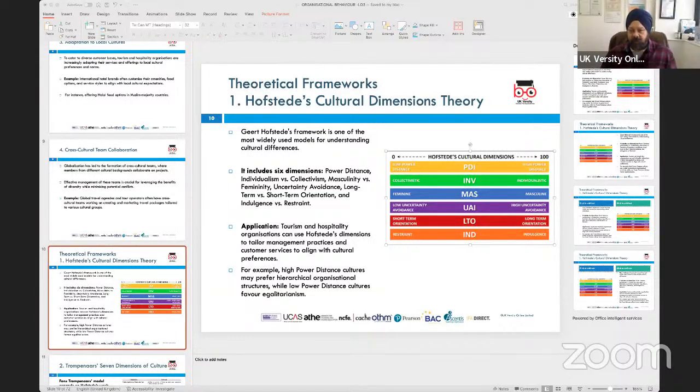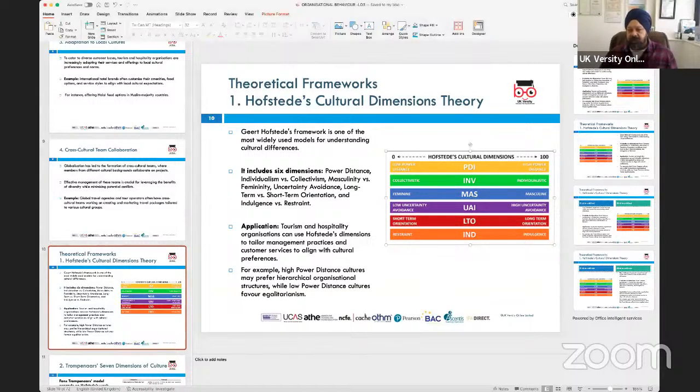six dimensions, as we call them today, and these dimensions primarily were, first, things related to power, how comfortable people are with unequal sharing of power. So when I look at sharing of power, or at the delegation of power at a particular level within the organization, how comfortable are people with regards to the sharing of power. And in some cases, when we look at an index starting from 0 to 100,